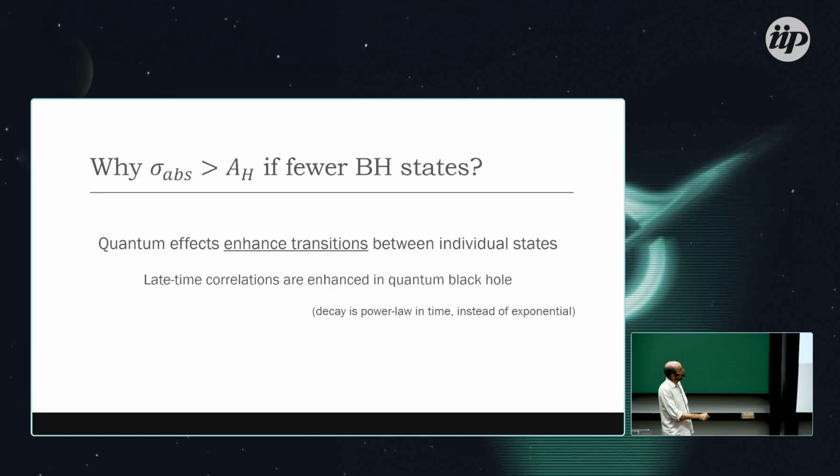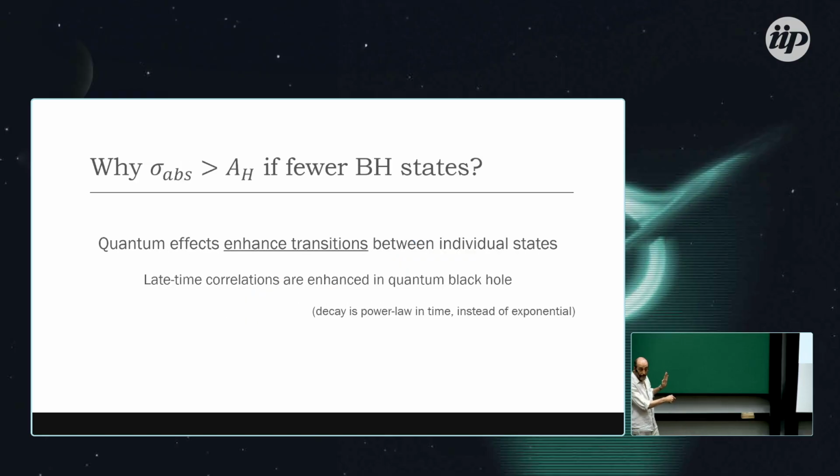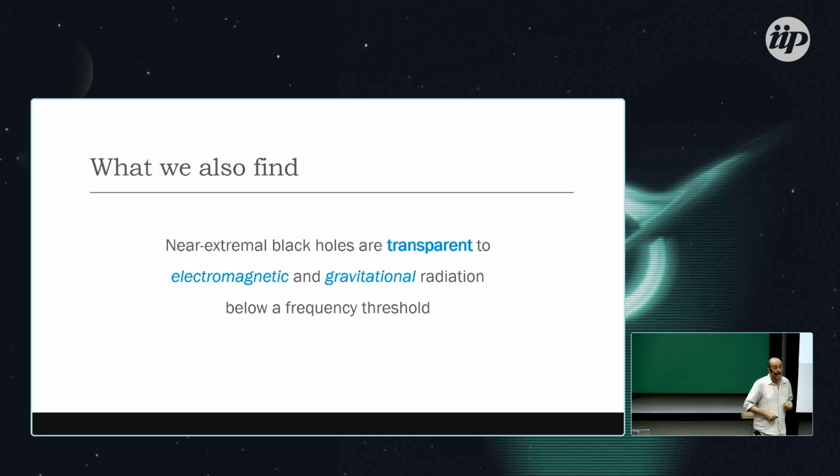So what these late-time correlations mean is that the black hole can more easily perform transitions between states at very low frequencies. Now, this was what we found for scattering a massless scalar field. Massless scalar fields, we don't know whether they exist in our universe. What we know is that photons and gravitons exist. So we next studied what happens if instead of sending a massless scalar field, we send a gravitational